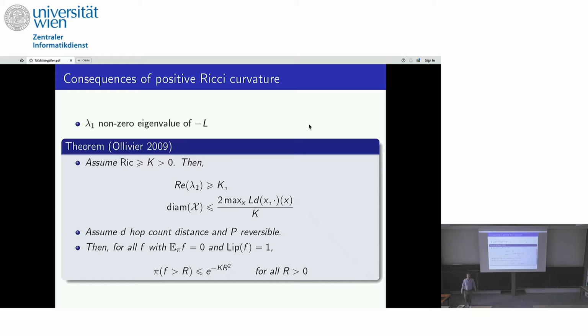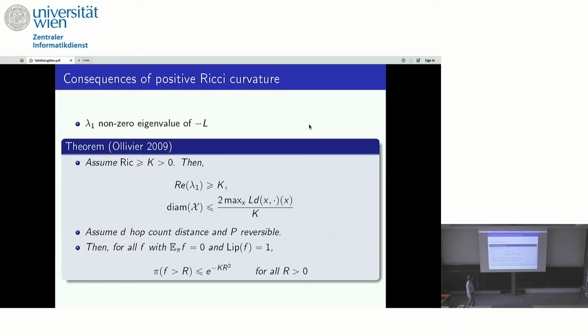Now there are a few well-known consequences of non-negative and positive Ricci curvature. The first is that we get a spectral gap or Poincaré estimate, and the second is that we get a diameter estimate. This looks a bit different than in the Riemannian case, right? It rather looks like an L1 thing. In the Riemannian case, we have the square root of the dimension divided by k, and here it's without the square root. The conceptual reason is that the distance is an L1 distance, if you think of a grid, and in the Riemannian case, it's like an L2 distance, so this explains the discrepancy between the exponents.